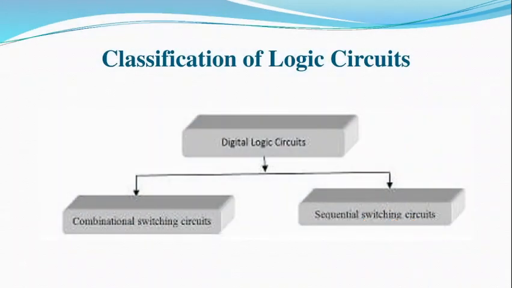Logic circuits are of two types, combinational and sequential. A combinational logic circuit consists of only logic gates and its outputs depend on the present input. These circuits have no memory element. Sequential circuits depend on present as well as past inputs to generate any output. That means sequential circuits use a memory element to store the value of the previous output.